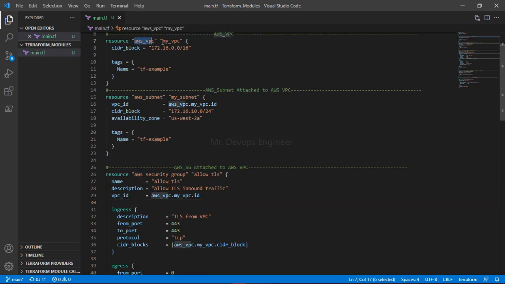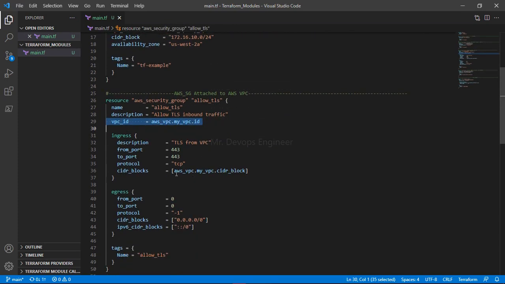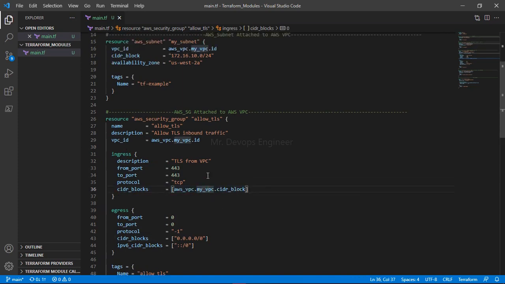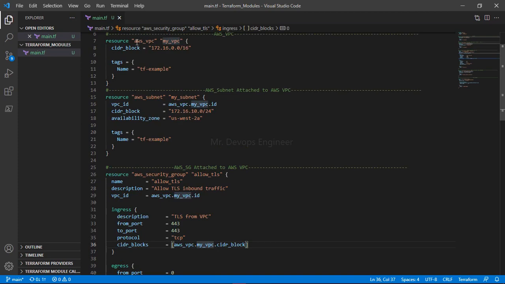The resource aws_vpc, the logical name my_vpc, and .id. And here as well it is asking for the CIDR block of this AWS VPC, so the same way you pass aws_vpc, along with the logical name my_vpc and .cidr_block.